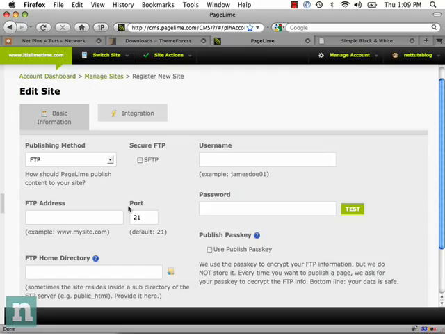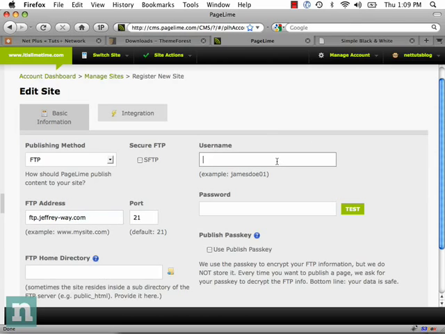This is where, in order to update these pages, it needs to have access to your files. So we need to give it FTP access. So the address is, and if you signed up for a hosting service, you should have received a welcome letter, assuming you don't know how to do this. I'm not being condescending to the rest of you, but you'll receive a welcome letter that will give you all the information that you need. In my case, it's